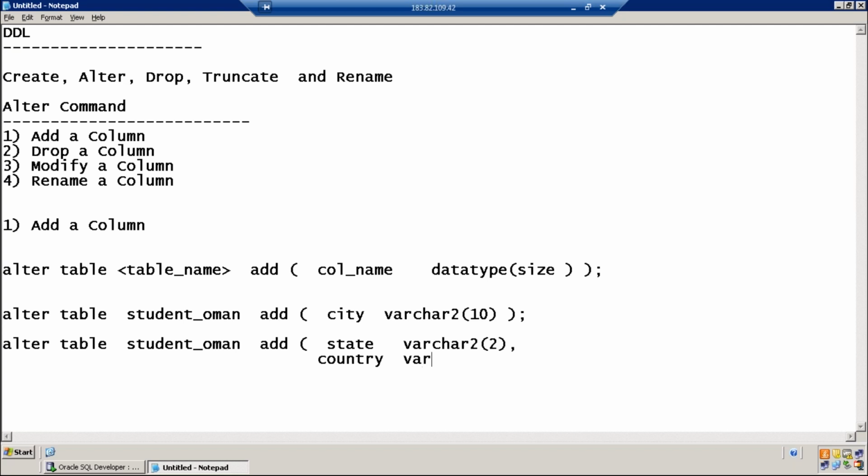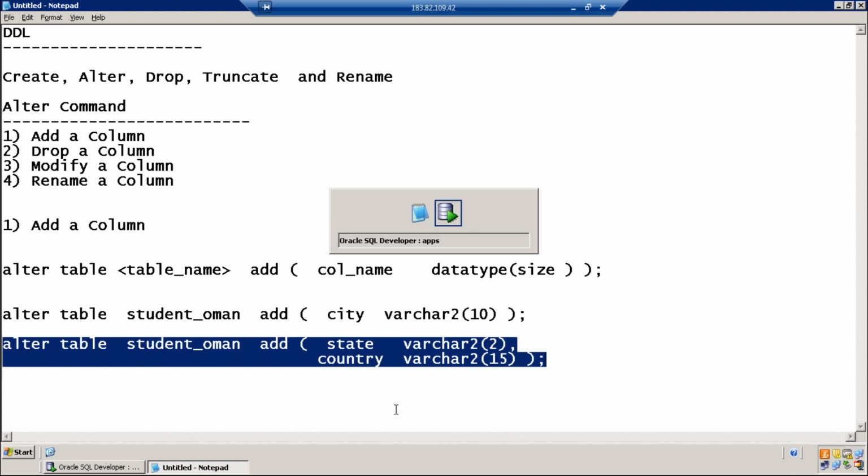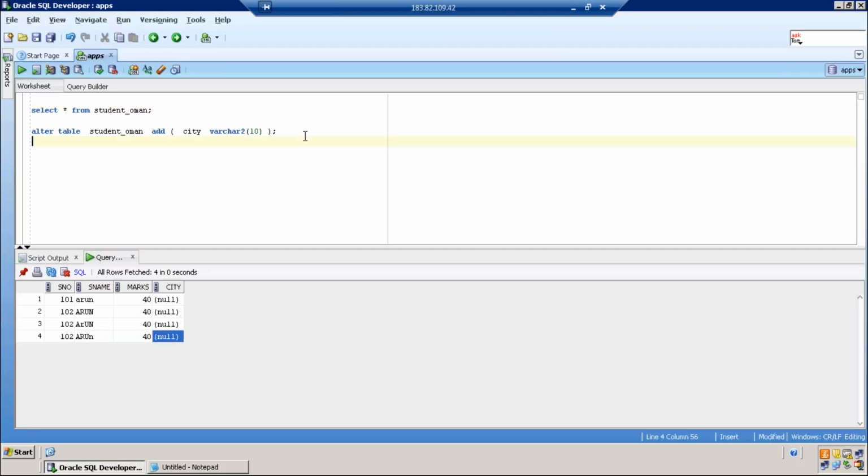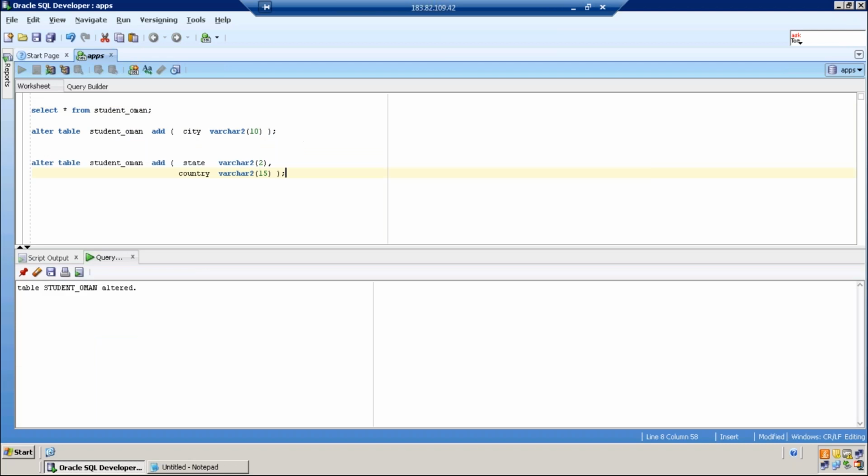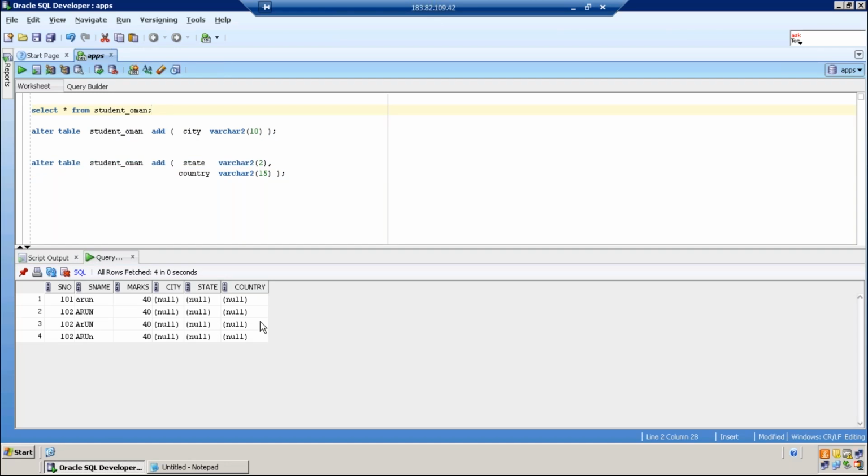Country, close the brackets. Using one command, not only one column, you can add 2 columns at a time. Output: table altered. Are you able to get state and country? By default, the new columns will have null values.